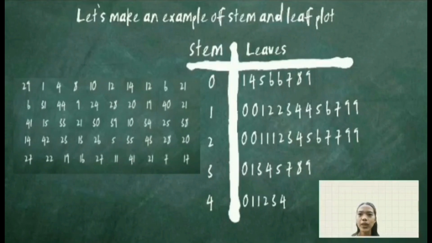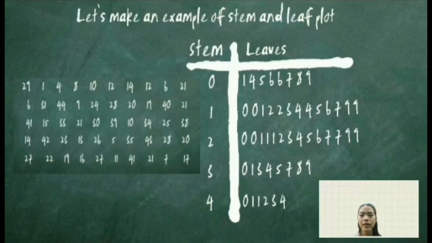Here in the tens, we have 10. So first we put the 1 in the stem, and then the 0 in the leaves. So we have 10, then 11, 12, 12, and then 13, 14, and then 15, 16, 17, and then 19, 19. And then here in the 20s, first with the 2 in the stem, and then the 0 on the leaves,